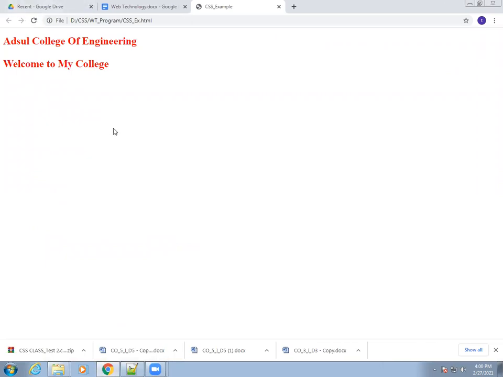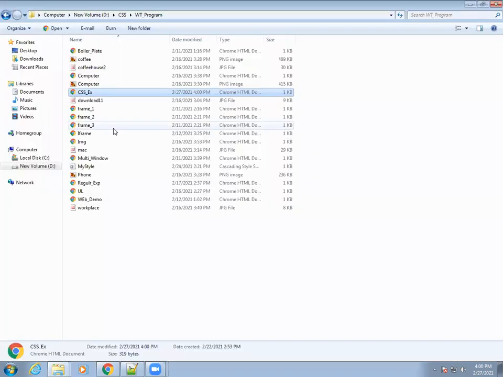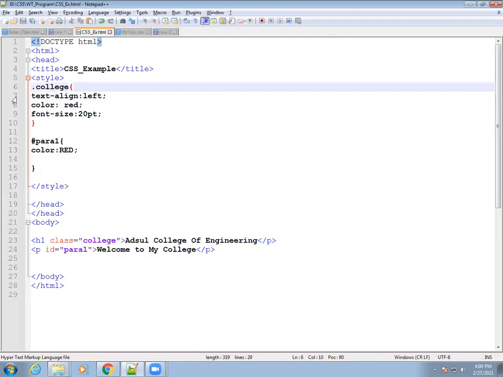Yes, you can see that previously I gave center, a unique class name, and here I changed my class name to college, because I mentioned the college. And for text align, previously we gave right, but here we changed the alignment and wrote left.